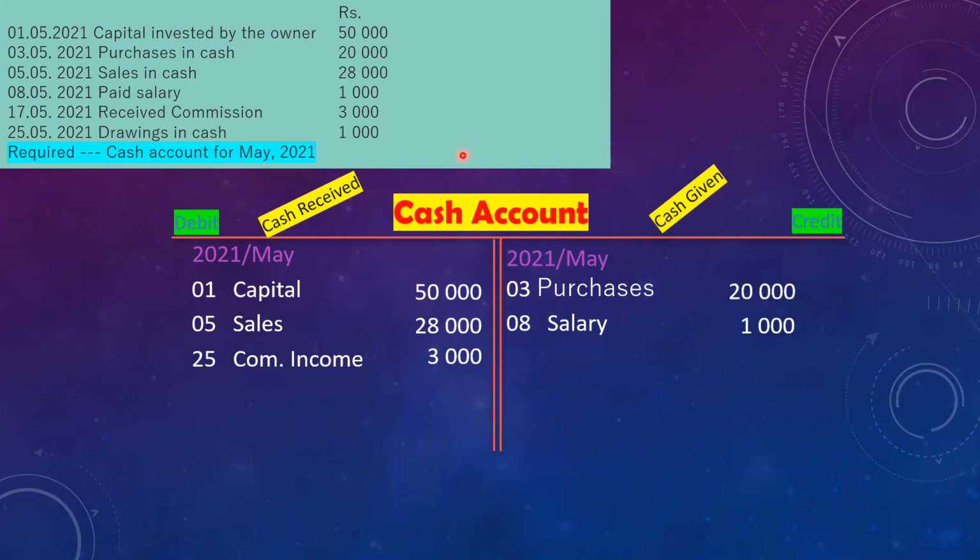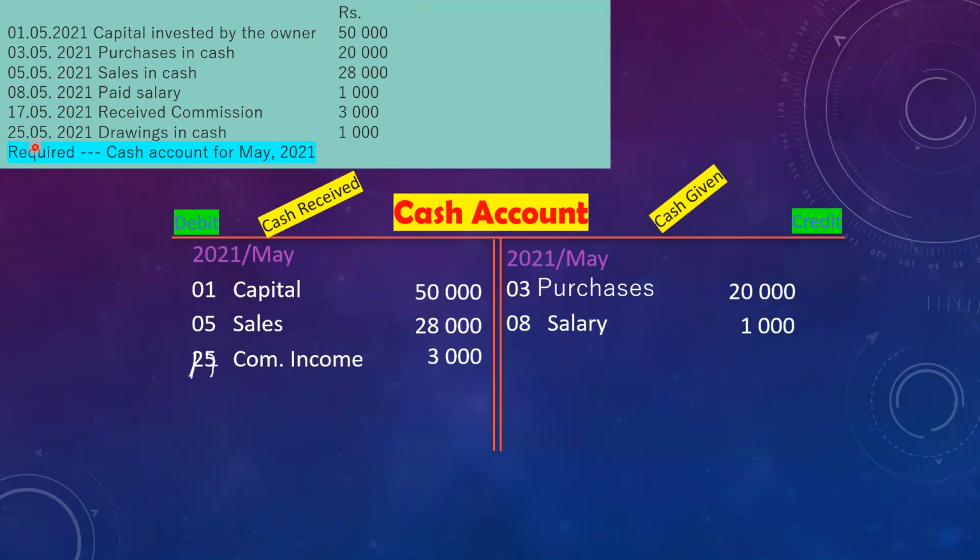Excuse me, sir, the date is 17th. Yes, it was my mistake, my dear. I'm sorry. The date should be 17th for received commission. Please change it. Right. Then last one. Anyone have doubt? Yes, tell me. I was going to change the date. Very good, you are concentrating in the class. I appreciate you.